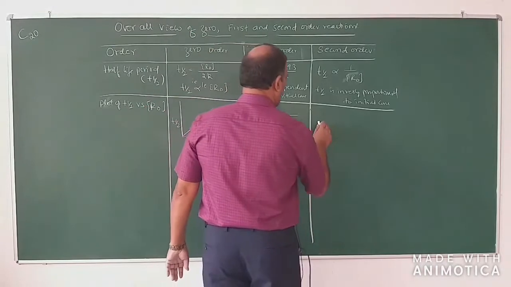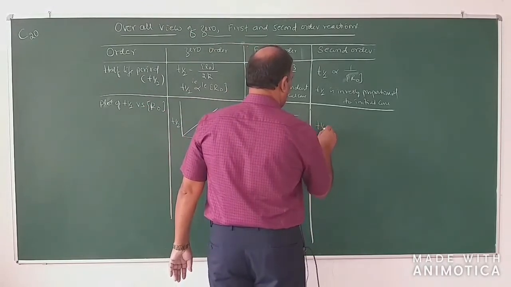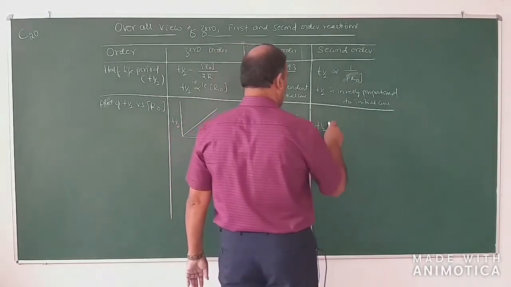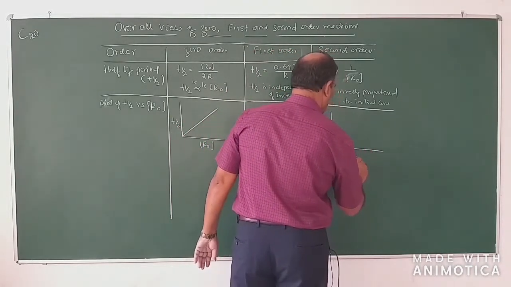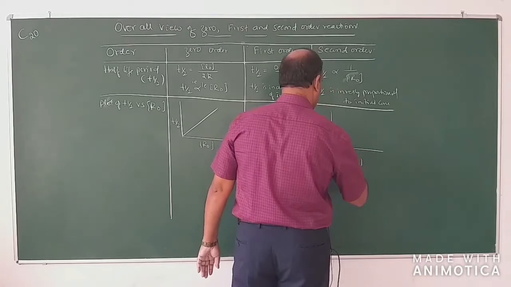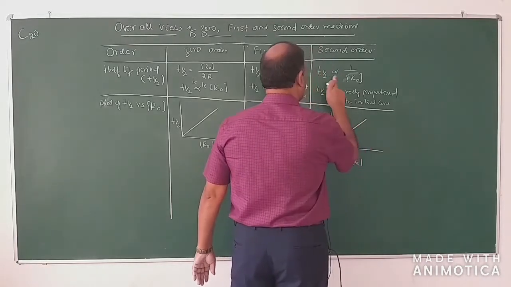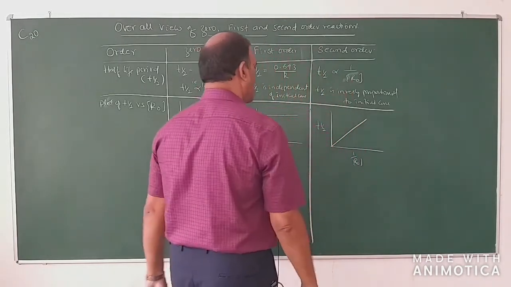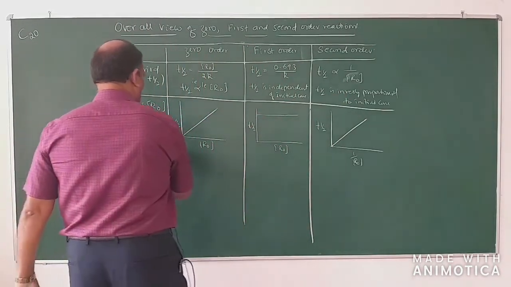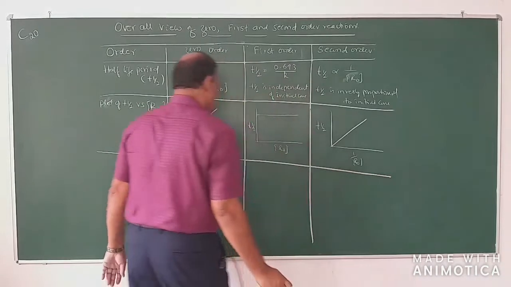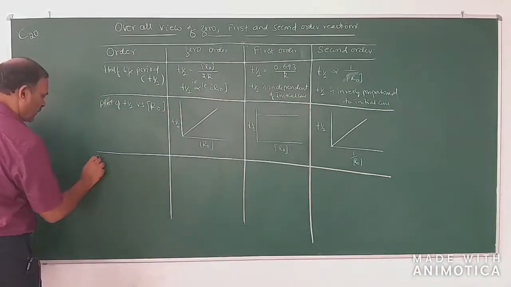And then if you plot t1/2 versus 1 over R naught for second order reaction, so t1/2 is inversely proportional to R naught, you will get a straight line like this. And lastly,